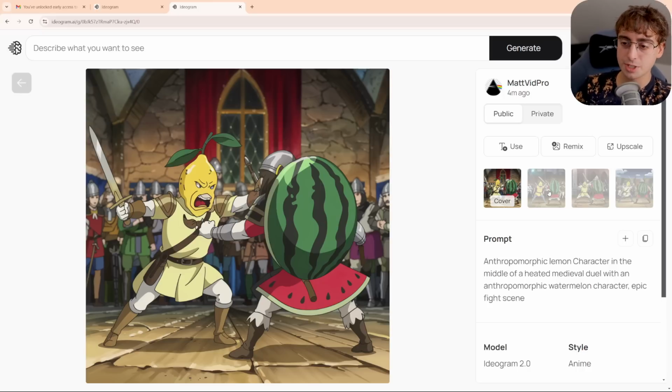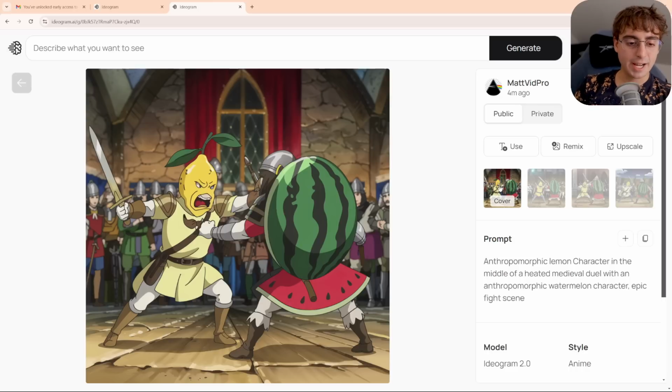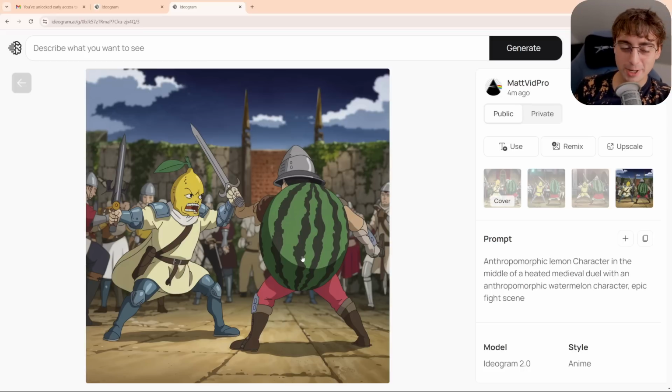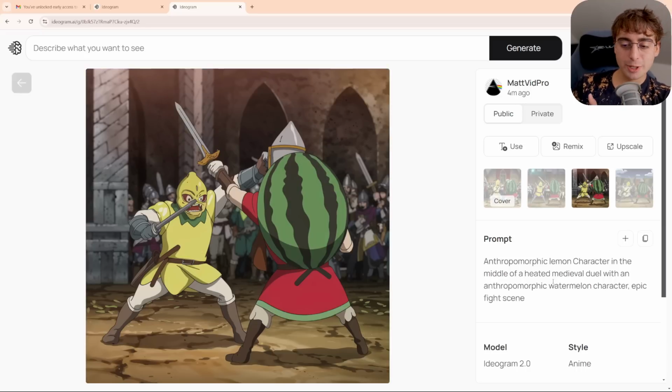It does other cartoons pretty dang well, but you can see it definitely does have an anime aesthetic. The color palette, the lighting, the whole design is very much anime, and I really, really enjoy this style. I really enjoy this model, especially converting things that weren't previously anime into an anime style. That is one of my favorite things to do with this new Ideogram 2.0 anime. But yeah, I think that this also suits this prompt pretty well.